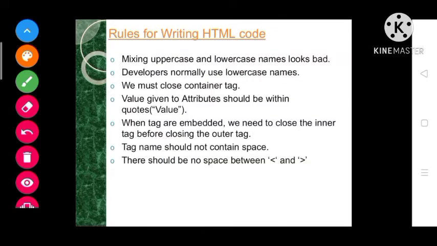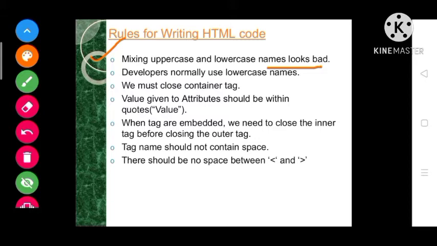Students, now I am going to explain some rules which we will follow while writing HTML code. First, mixing uppercase and lowercase names looks bad. It means we should not use uppercase as well as lowercase in our HTML code.